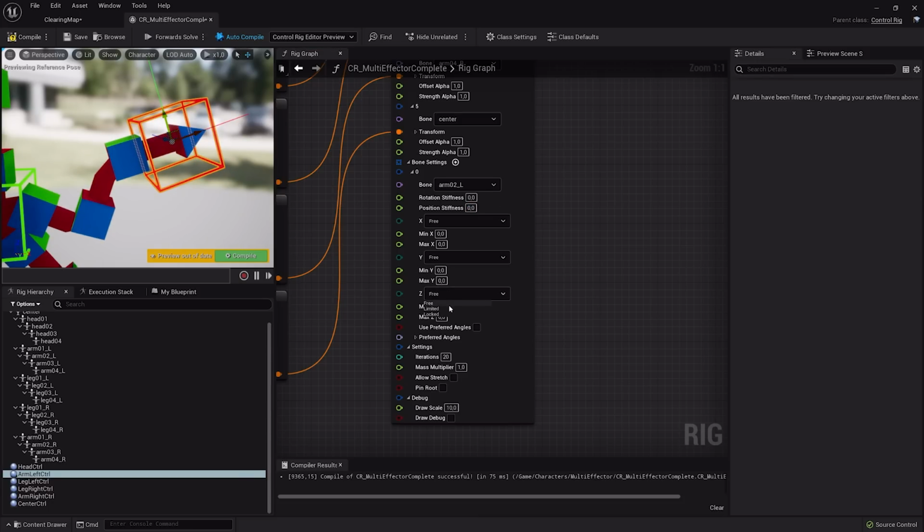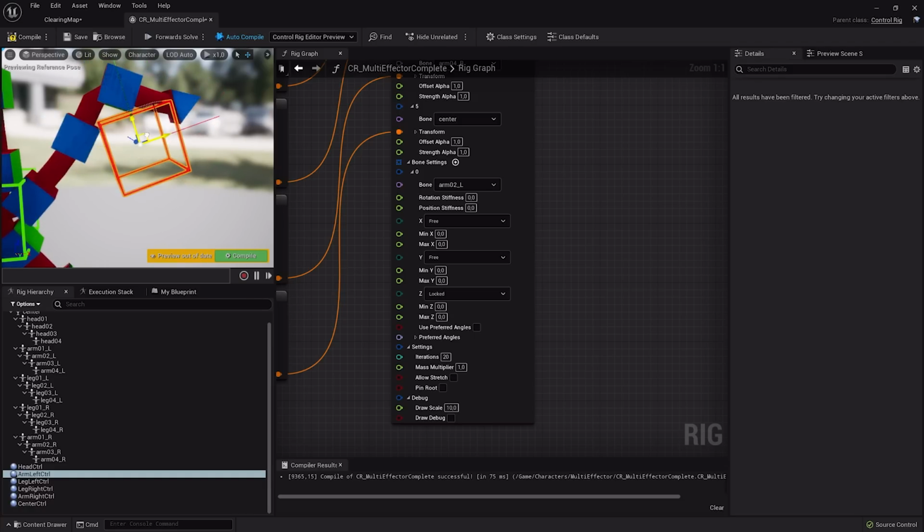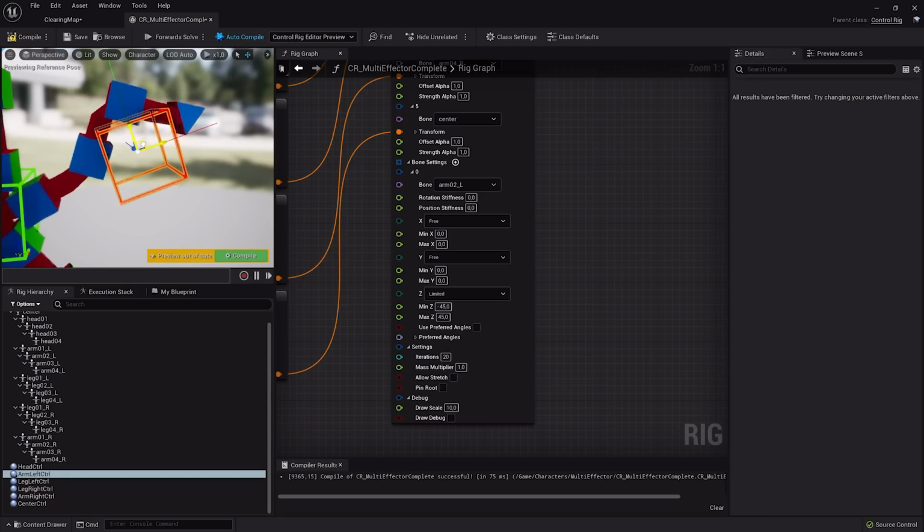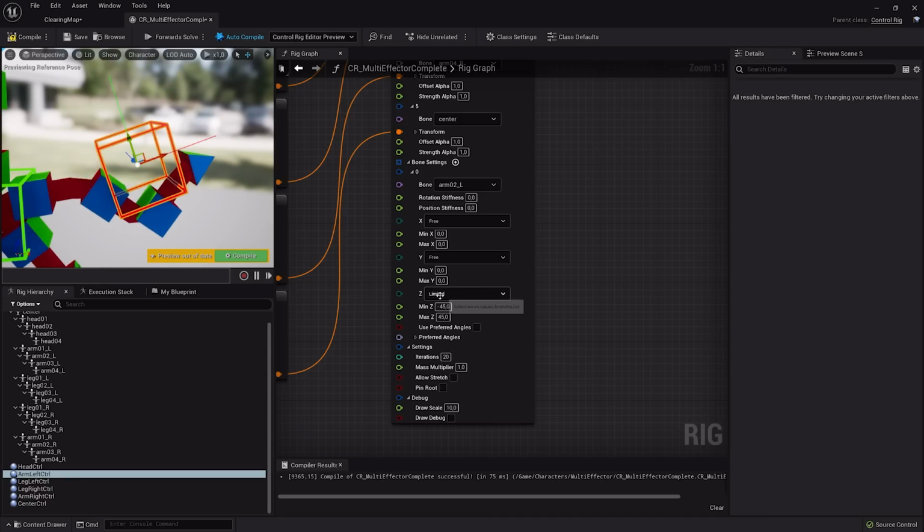For example, when we lock Z, now it keeps its orientation. And what we can also do is limit it to, for example, between -45 and 45. And then we have this. But let's set him free again.